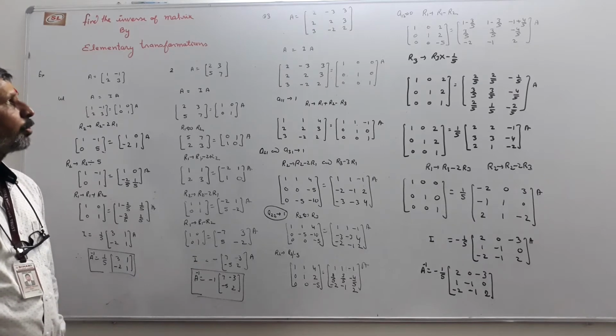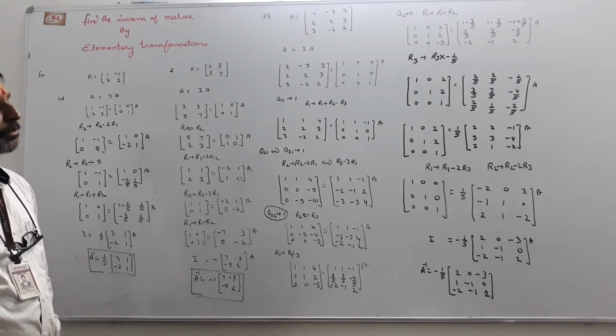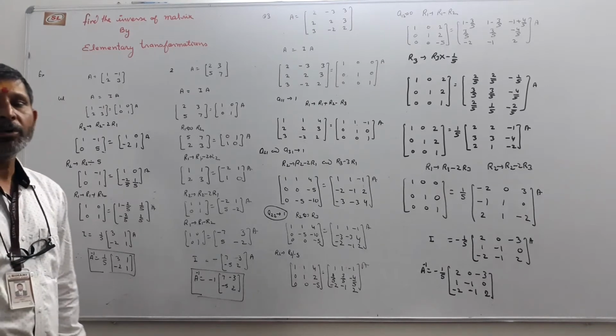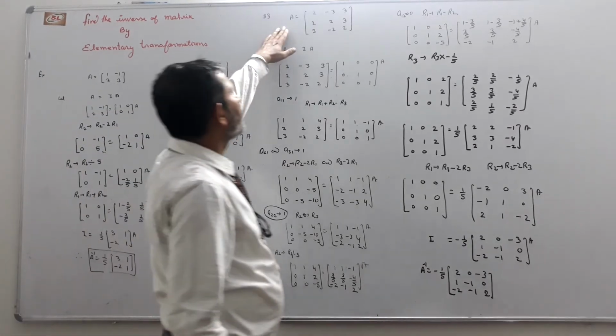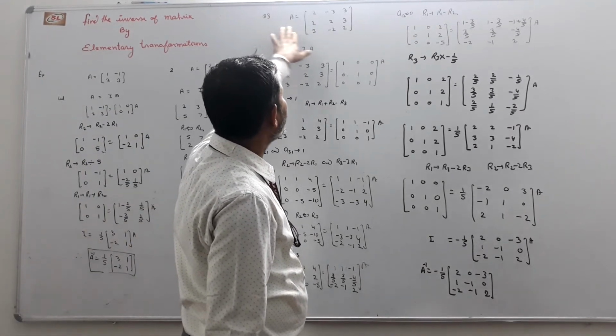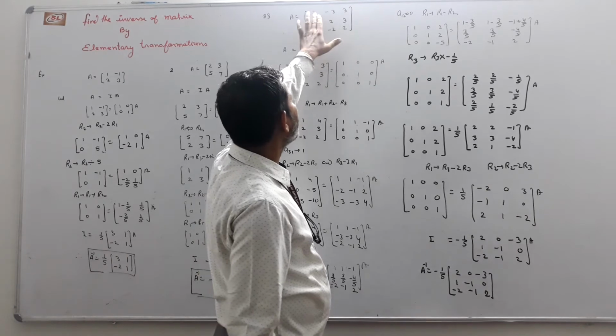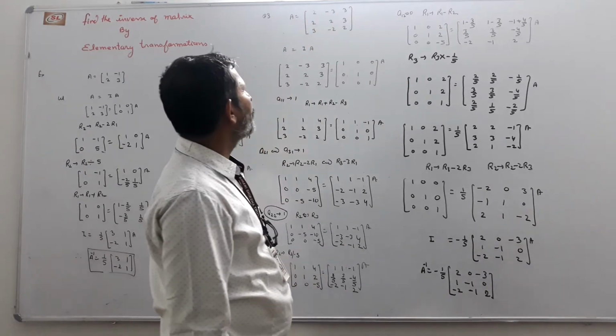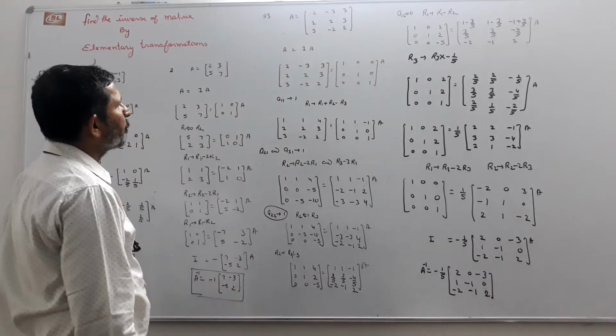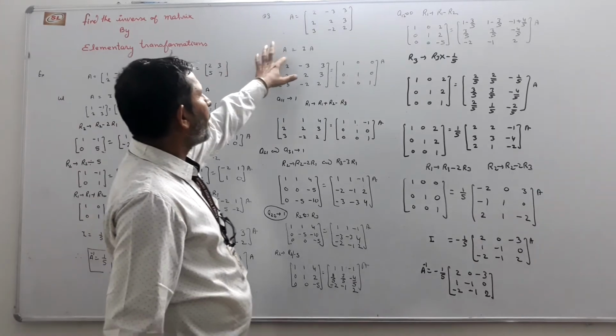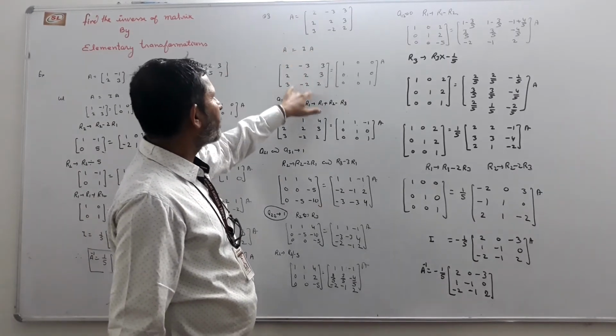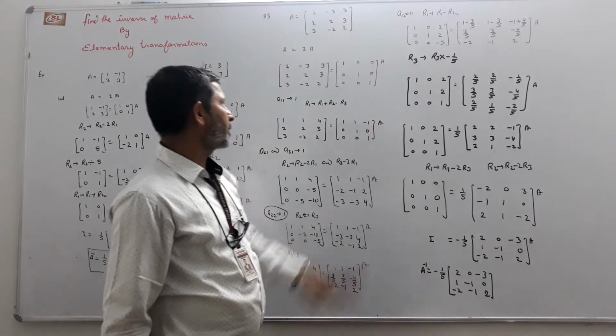And one more question related to the inverse of a matrix of order 3 by 3. Let us suppose that A is a square matrix of order 3 by 3 whose elements are 2, minus 3, 3, 2, 2, 3, 3, minus 2, 2. Again, A equals IA. A is this, I is the unit matrix, A as it is.